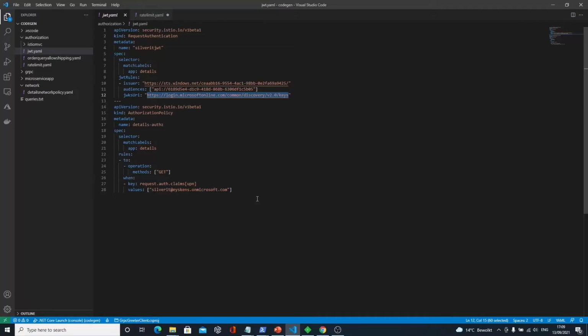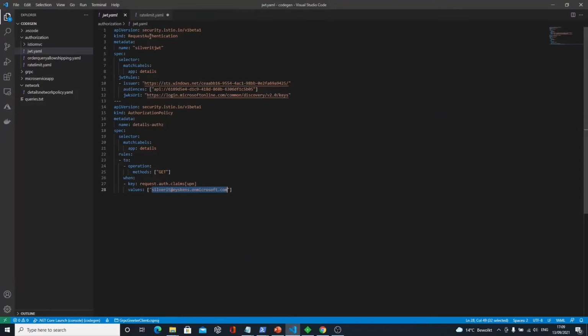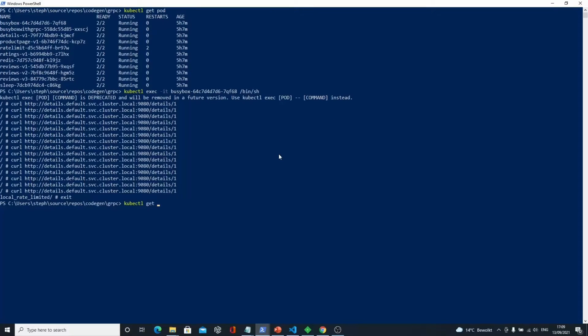And then, of course, internally we have this rule that says, on this method, in this case just GET for the demo, the UPN, which is the name of the attribute inside of the claims, needs to contain this value. That's a very improbable rule, actually, because here I'm limiting the application to a single user, but it's just to show that you can filter on claims. So this rule is not yet enforced. Let me just make sure that it's not there. Okay, it's not there.